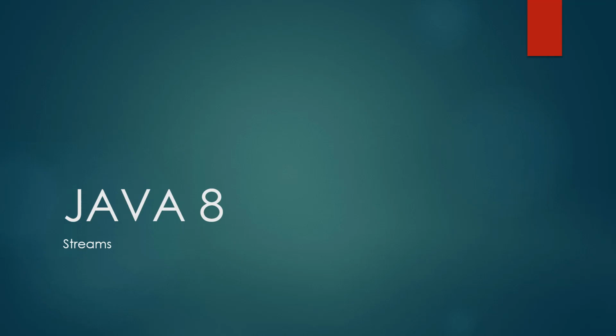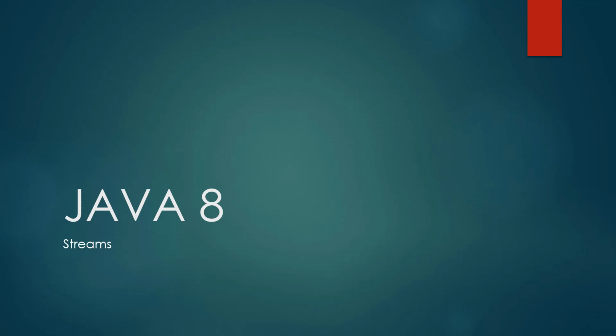Welcome back. In this video, we are going to talk about a few more important concepts of streams. In the previous video, we talked about how streams only work on collection data. But in Java 8, some new concepts of streams were introduced in which we can process or manipulate primitive data in streams also, to some extent. The most commonly used primitive data types are int, long, and double.